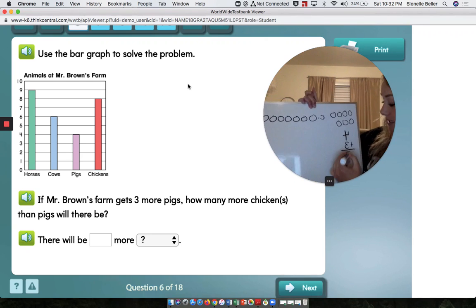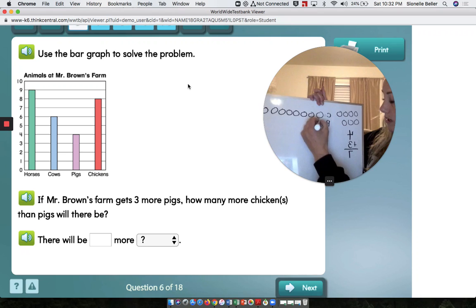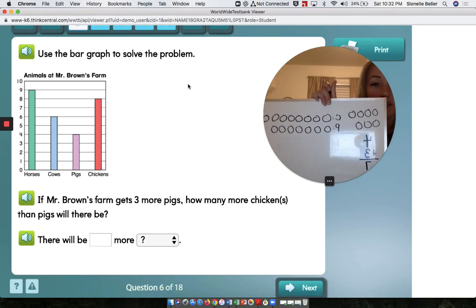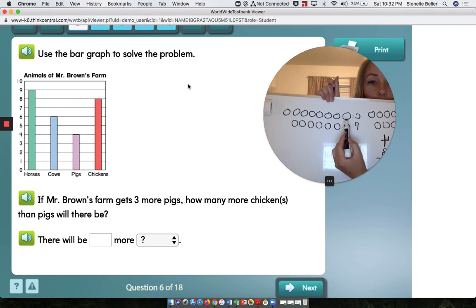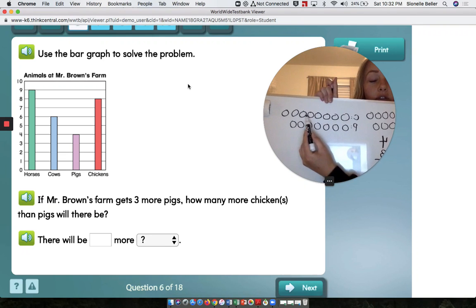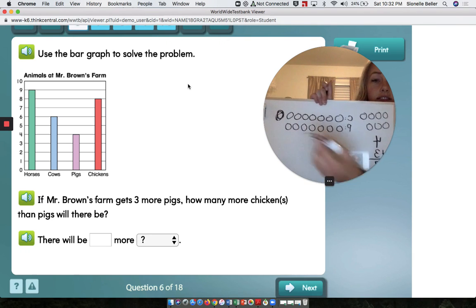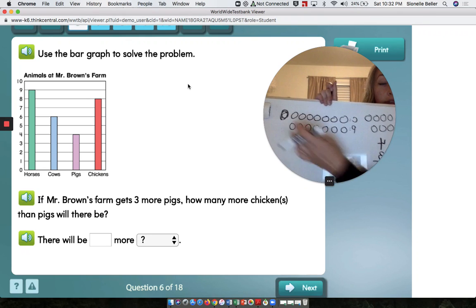Chickens. And we found out that there would be 7 pigs. So here's the pigs. 1, 2, 3, 4, 5, 6, 7. So how many more chickens than pigs will there be? Well, look, they line up all the way until this last one. So there's 1 more chicken than pig. Okay? If he gets 3 more pigs and has 7, then that means there will be only 1 more chicken